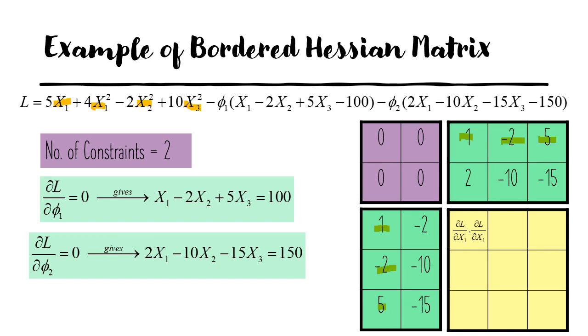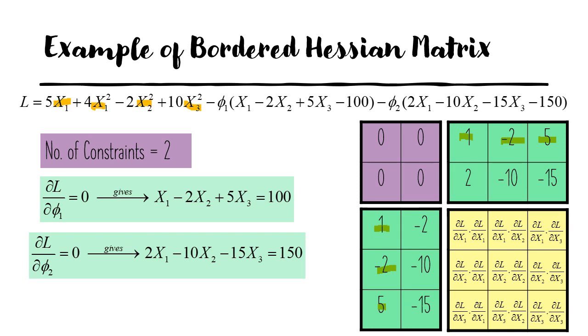So what I am going to do is identify the partial differentiation with respect to that, which is dou L by dou x1 into dou L by dou x1. I have to partially differentiate twice in terms of x1. Similarly, the next ones will be dou x1 dou x2 and dou x1 dou x3. Similarly, the other part, dou L by dou x2 into dou L by dou x1, dou L by dou x2 and dou x2 dou x3. So 3, 1, 3, 2 and 3, 3. If I identify the partial differentiation of these terms, you will get the value with respect to that, and that has to be included at that point.